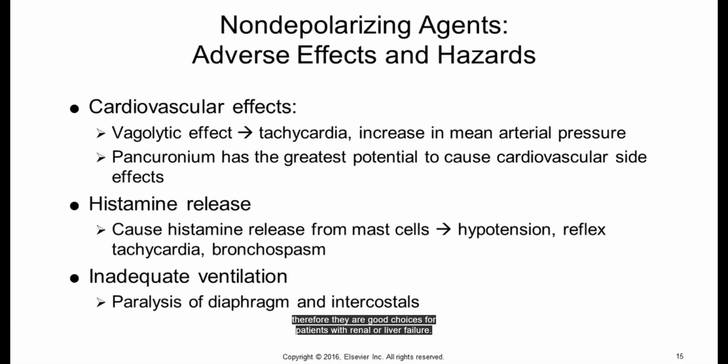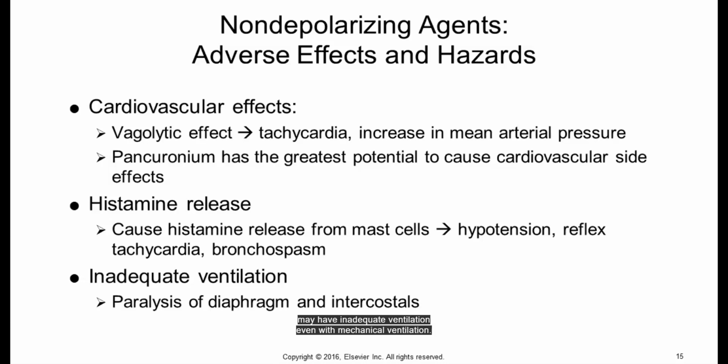Some of the adverse effects of these agents include decreased vagal response, resulting in increased mean arterial pressure and tachycardia, with pancuronium having the most cardiac effects. They also release histamine, which, as we have discussed previously, is released by a burst mast cell and can cause bronchospasm. And lastly, since the diaphragm and intercostal muscles are also paralyzed, the patient may have inadequate ventilation, even with